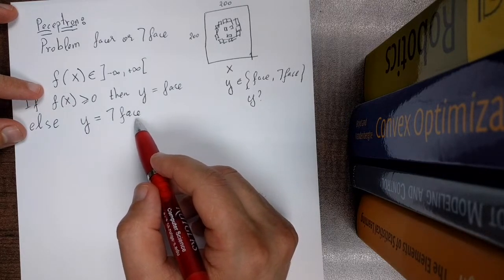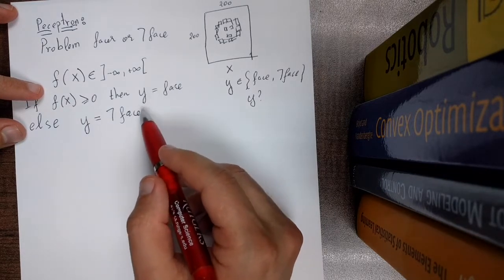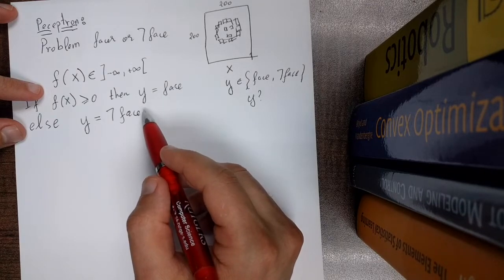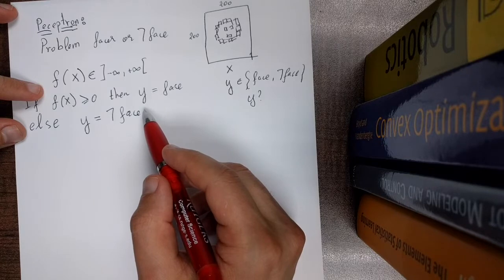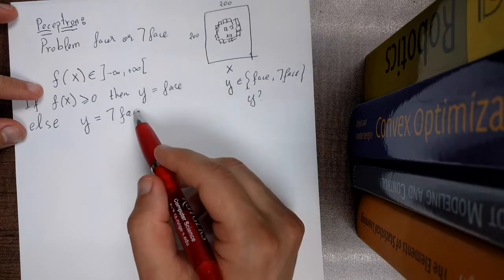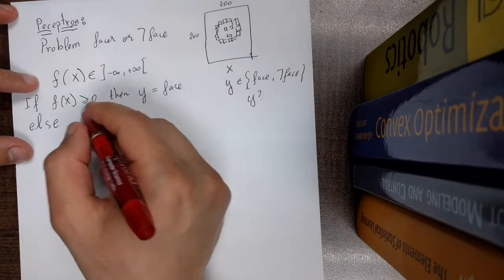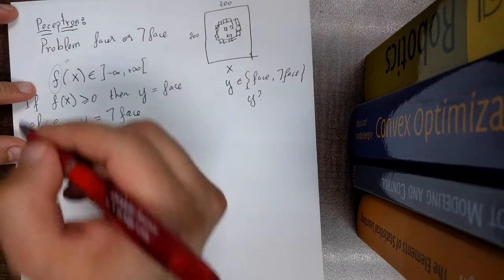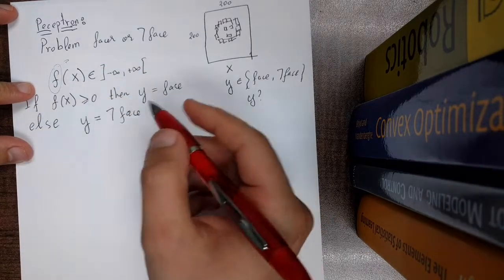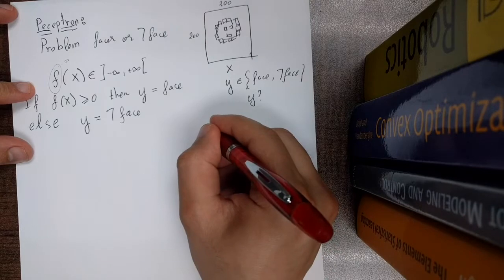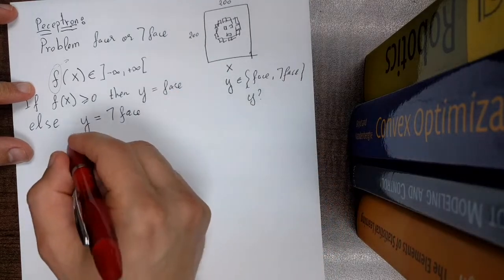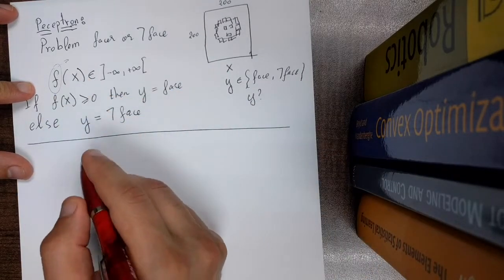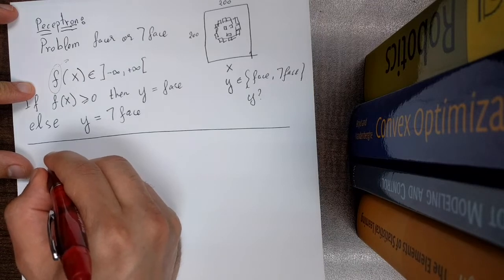In this example, I will focus only on face and not face, but we will see later how to deal with more than two classes, like what we do in digits. So the problem now is how to come up with this function f. This is basically the basic problem of classification in general. Now let's see how we can come up with function f. The idea of Perceptron is